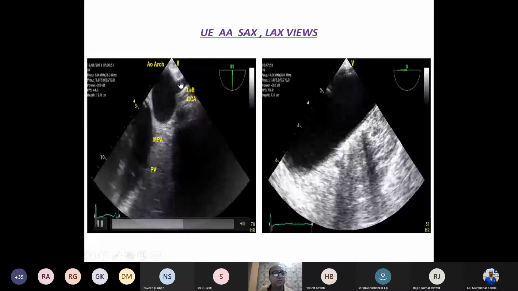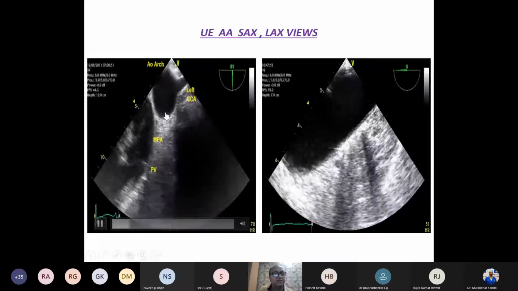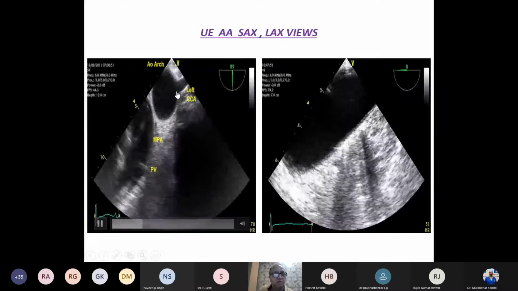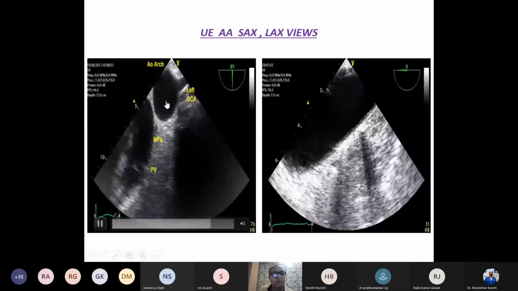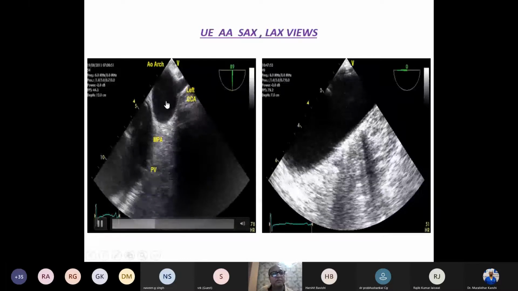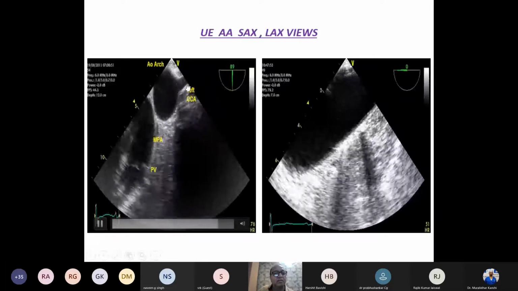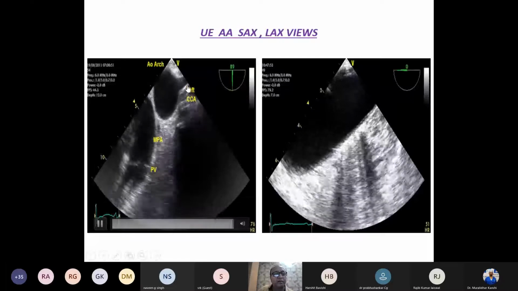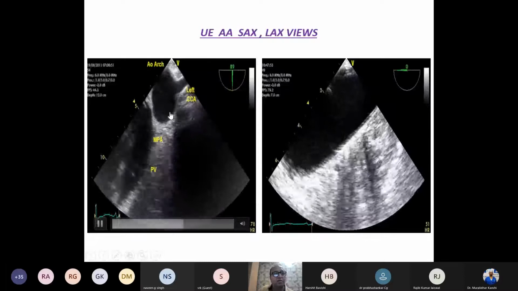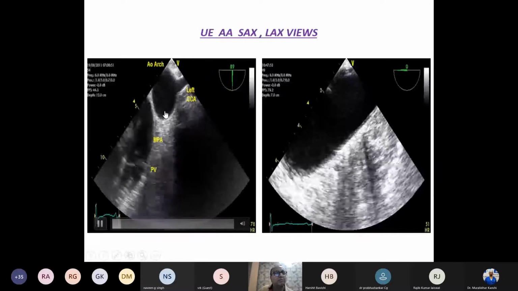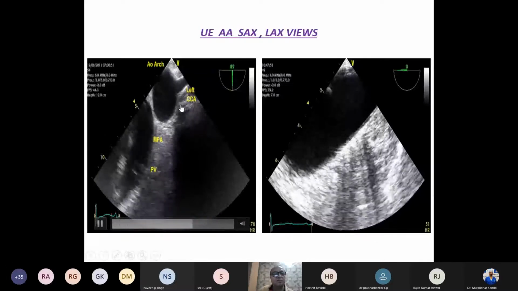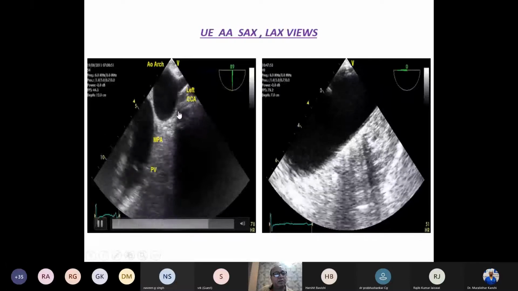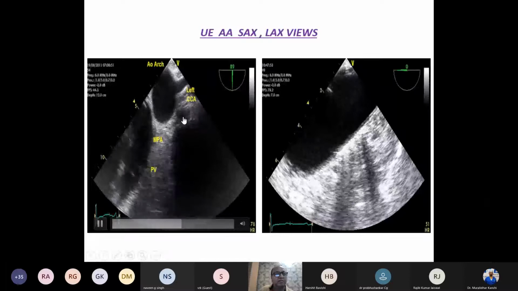Now this view is very important because especially in dissection, we have to understand whether the intimal flap is involving the arch vessels or not. Suppose from this view, if you are able to rotate the probe anti-clockwise or towards the left, you will be seeing the origin of the left subclavian artery. And if you come back, we'll come to the position of the left common carotid artery. And if you go to the right or clockwise direction, then you'll be able to visualize the brachiocephalic artery. What I'm trying to tell you is, in one view, we will be assessing the entire branches of the aortic arch.